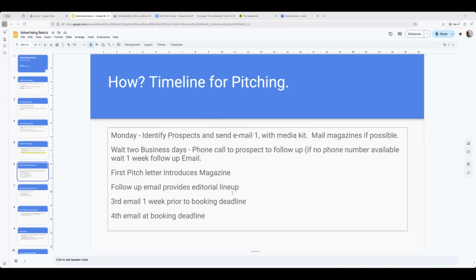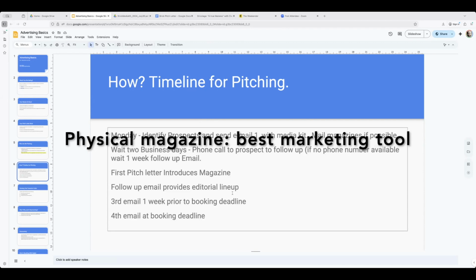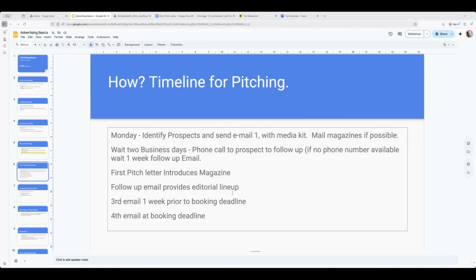But again, if you think about the fact that you're approaching these pitches like the person has never heard of your magazine before, and where magazines continue to do well in media, in my opinion, is they're beautiful, right? They're gorgeous. They're often award-winning design, or they feel great. You've spent all this time with your printer figuring out paper stock and trim size and all the rest of this stuff, right? You might as well get it into people's hands, because once they hold your magazine, typically if it's a quality product, people will fall in love with it and be like, oh, that's really beautiful. Yes, we'd love to advertise in that.